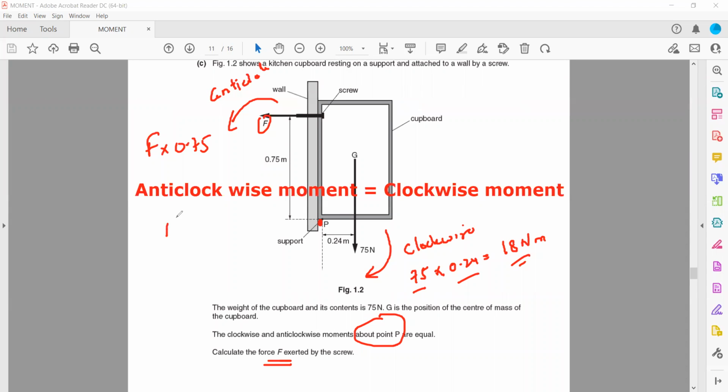The anti-clockwise moment is F into 0.75 and the clockwise moment we already calculated, which is 18 Newton meter. So F is equal to 18 divided by 0.75, that's equal to 24 Newton. So this force which is acting is 24